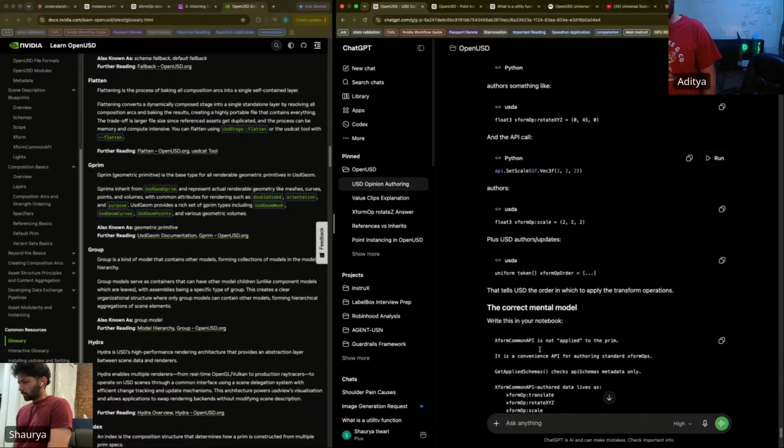It is a convenience API for authoring standard xform ops.